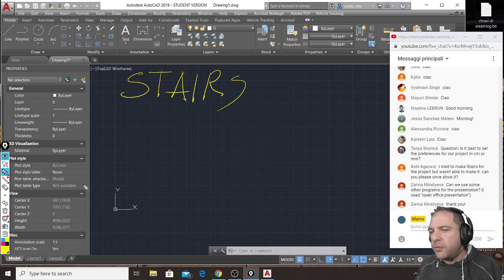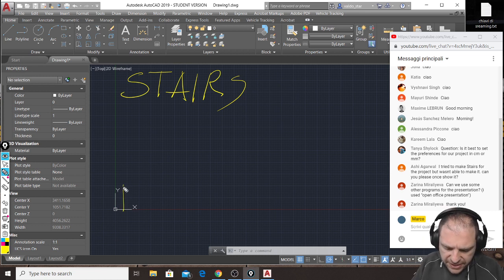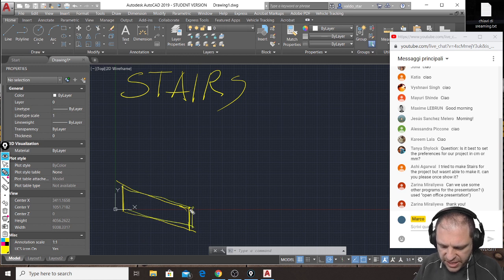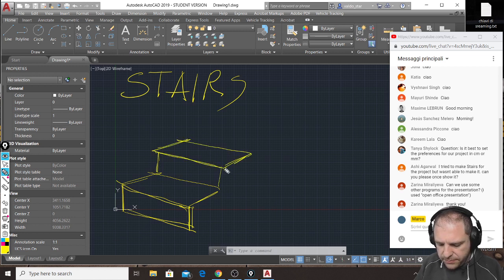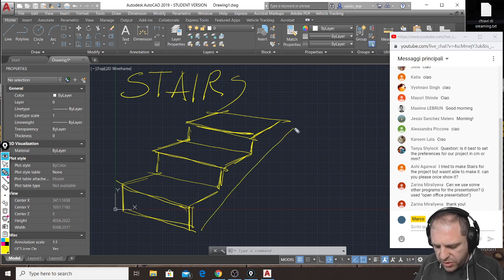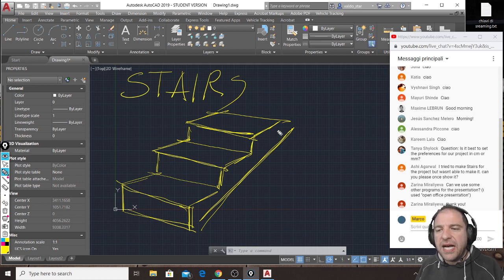And making stairs is pretty complex because, look, if I make a quick sketch where I draw a staircase, basically what I will discover is that staircases are objects that, sorry,